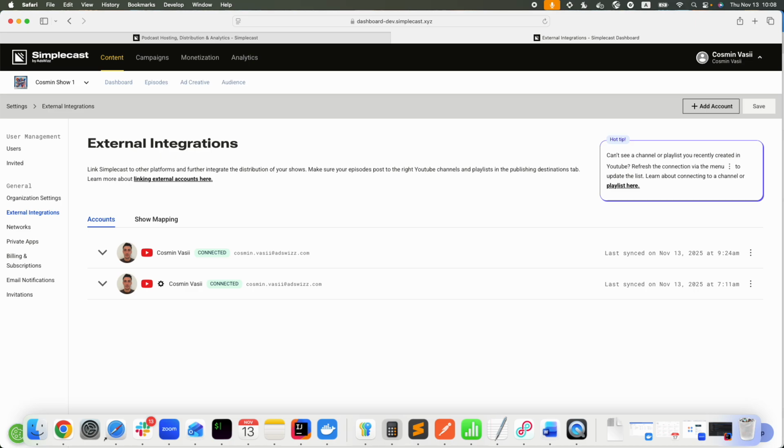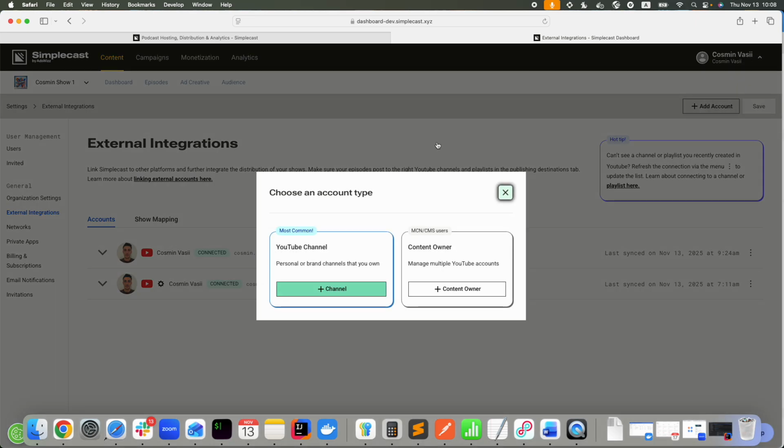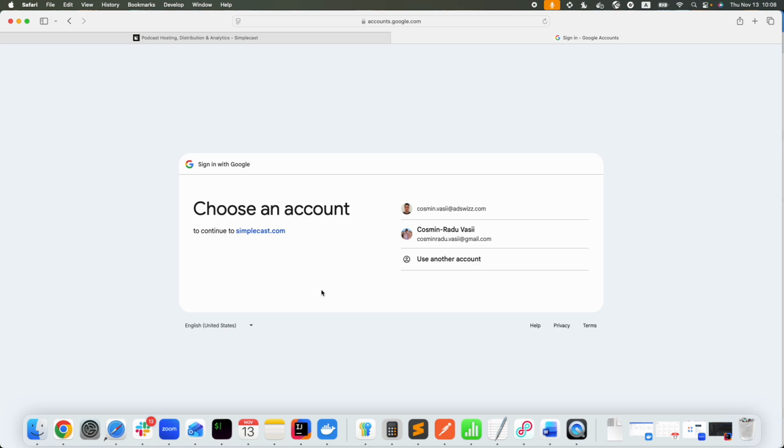So let's go through a quick walkthrough of what users will see in our CMS dashboard. So users can connect a YouTube account. They will press add account and they will choose the account type. We'll start demoing the channel mode, which is probably the most common one. When they select adding a channel mode, users will be redirected to the Google consent screen to grant the requested permissions. I've already logged in, so